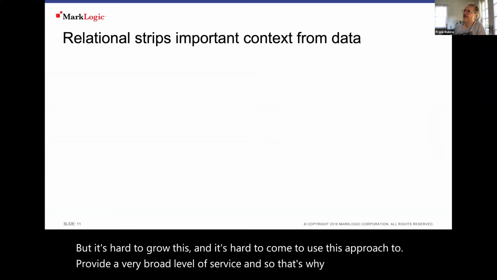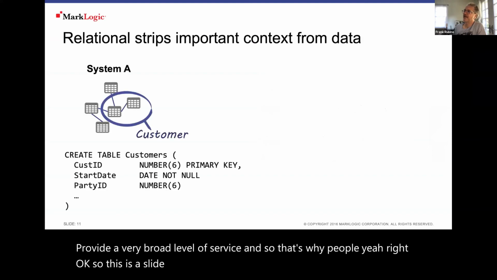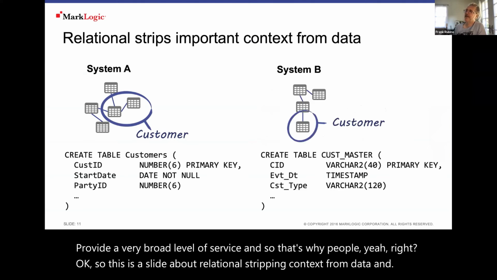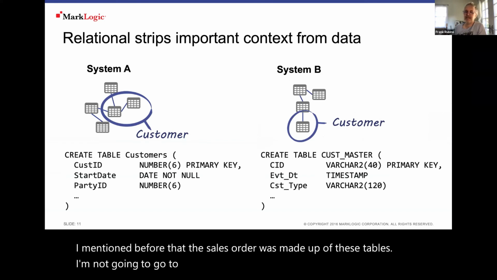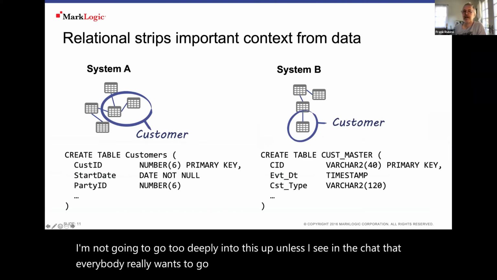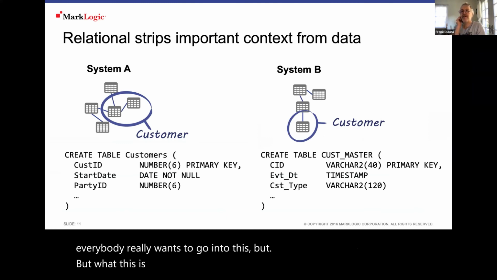Okay, so this is a slide about relational scripting context from data. And I mentioned before that the sales order was made up of these tables. I'm not going to go too deeply into this unless I see in the chat that everybody really wants to go into this. But what this is,